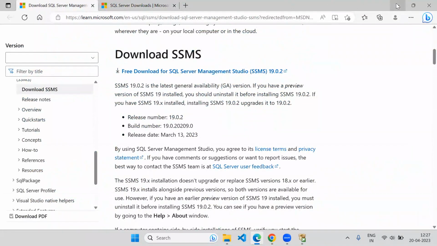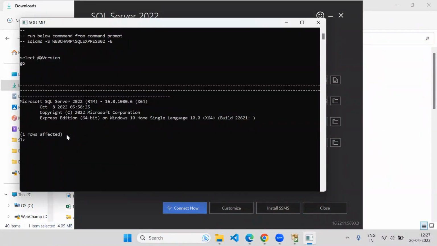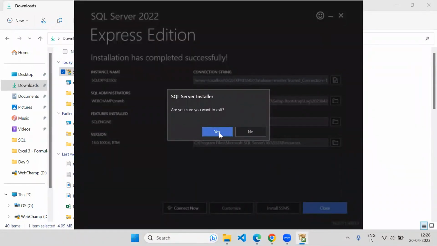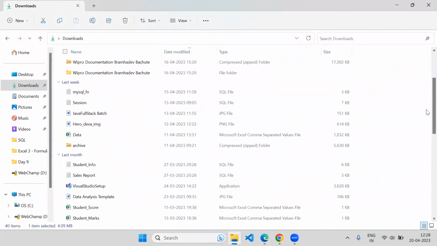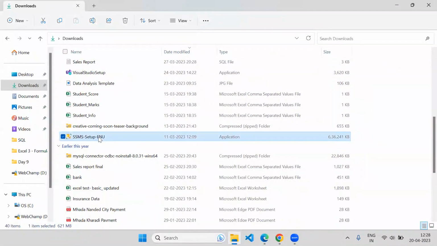Once the download completes, I will say connect now. It is just starting. If I wanted to execute something from here, yes, I would be able to, but I don't want to execute, so I will say close. The server is installed successfully, but you need something that helps you access your server, and that is SQL Server Management Studio. You need to install it so that you can access your server, manipulate the data, and use SQL queries on your